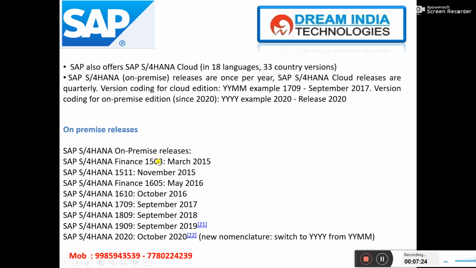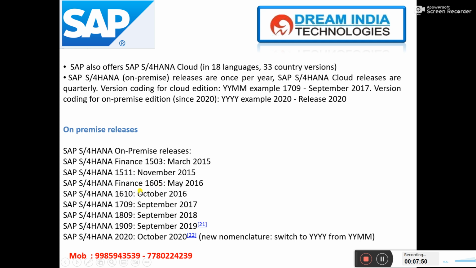So initially it was YYMM, right? That is the reason the first edition is called 1503, meaning in March 2015 they released the first edition of HANA on-premise. Then later in 2015 itself they released one more edition, in November, that is 2015 November.